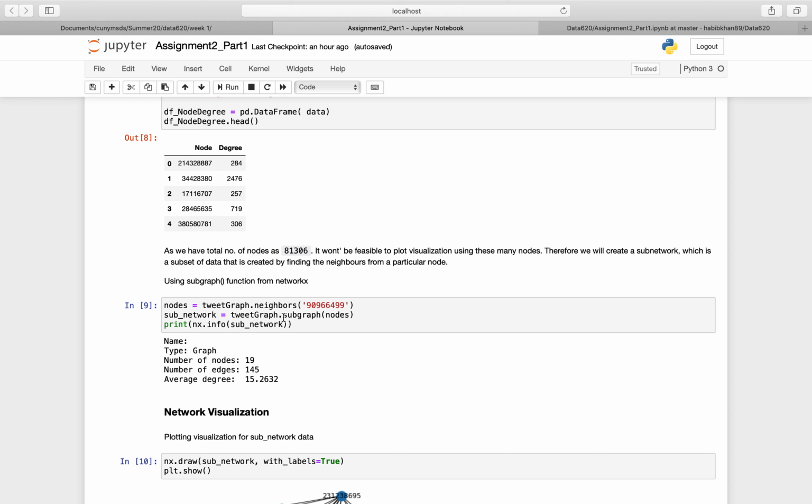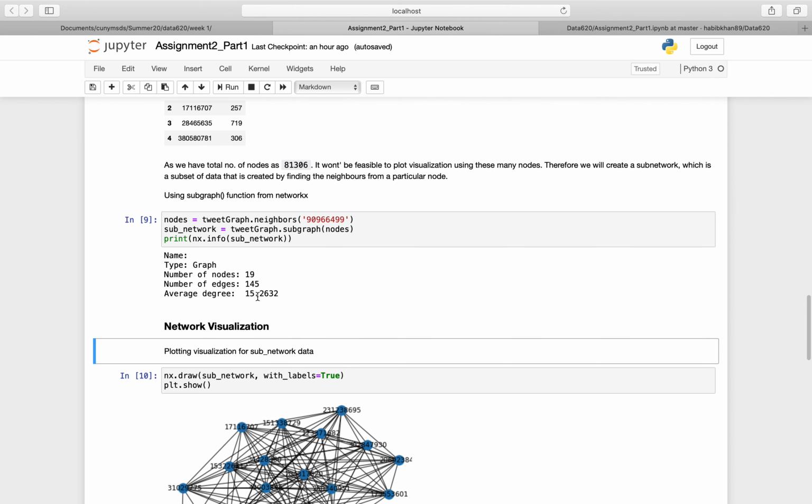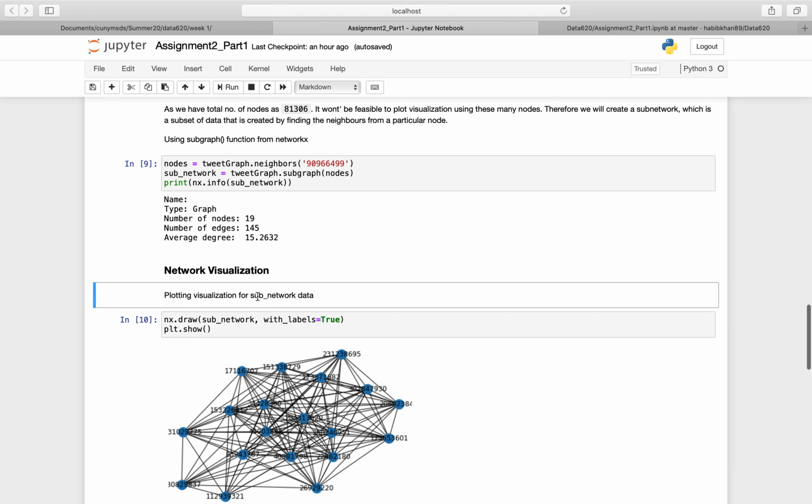After this, we pass the graph object to the subgraph function, so it creates a subnetwork, and here we can see that it has 19 nodes. So we can now create a visualization easily.